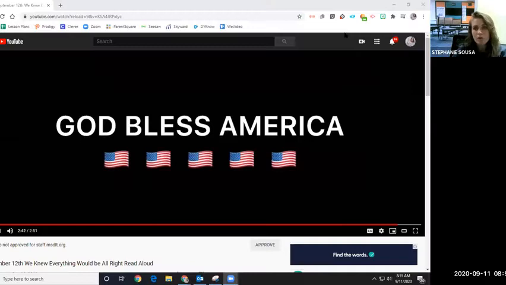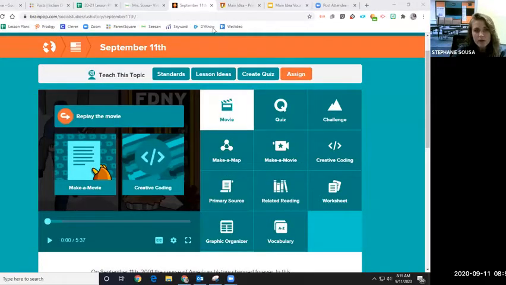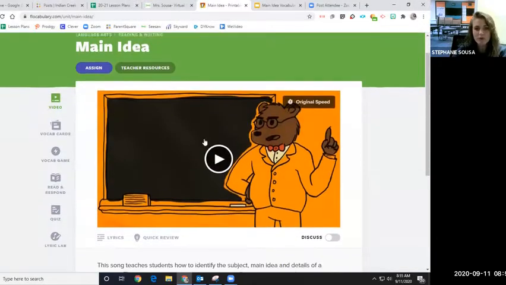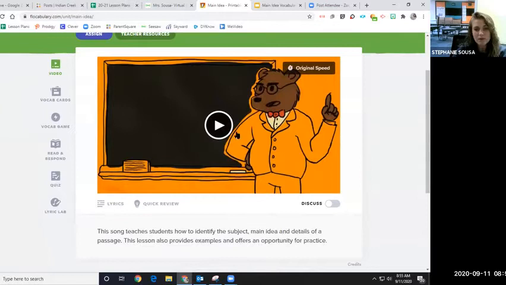Alrighty, so here's this, beautiful. All right, you have, here we go, a vocabulary. Allow me to find it. Right there, beautiful, okay? This is our main idea vocabulary. Again, this will teach us the steps of how to find a main idea and how to tell the difference between a subject and a main idea.